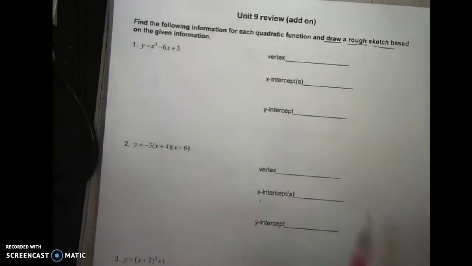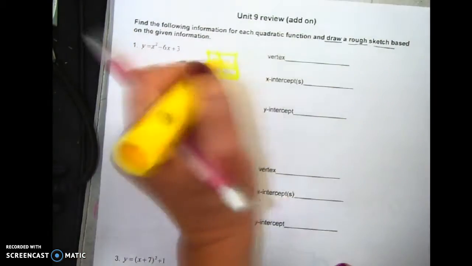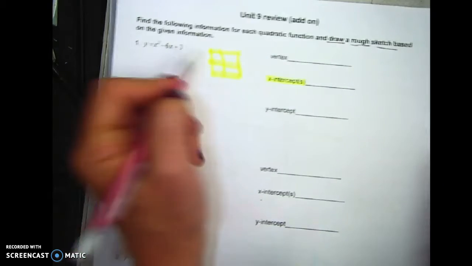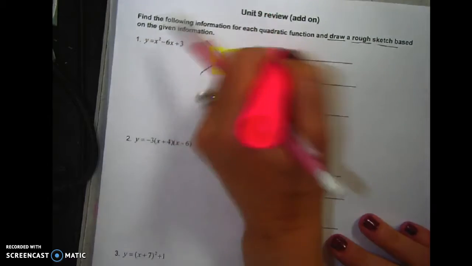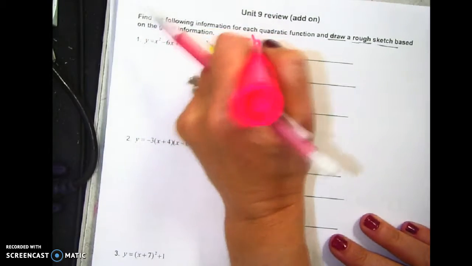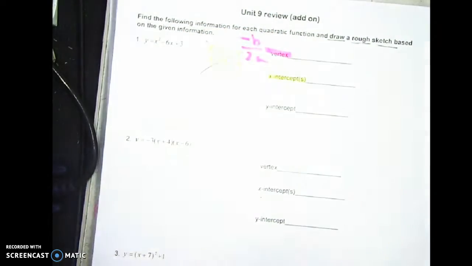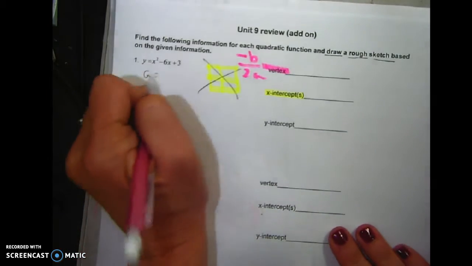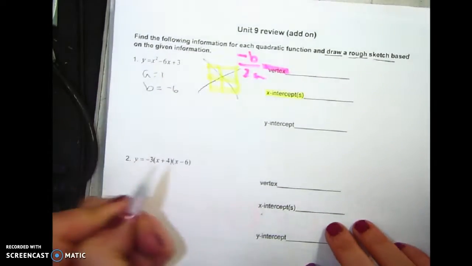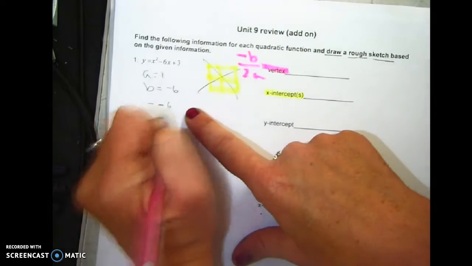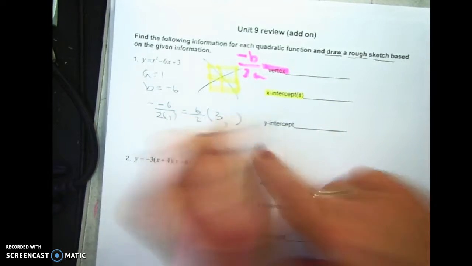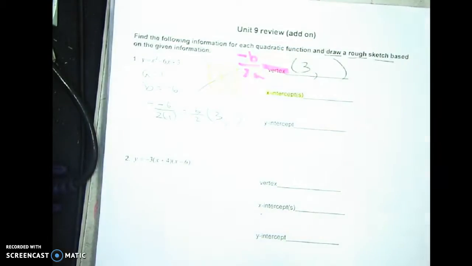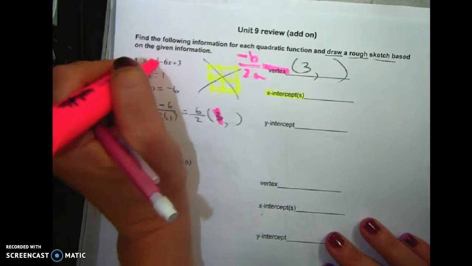Okay, so I'm going to try to factor this because I know I have to find the x-intercepts, but I'm going to tell you right now you can't factor it. So you have no choice for the vertex but to do that formula, negative b over 2a. So my a is 1, my b is negative 6. So I'm going to go negative of negative 6 over 2 times 1, which is 6 over 2, which is 3. Now that I got the x value of the vertex, I'm going to plug that in,